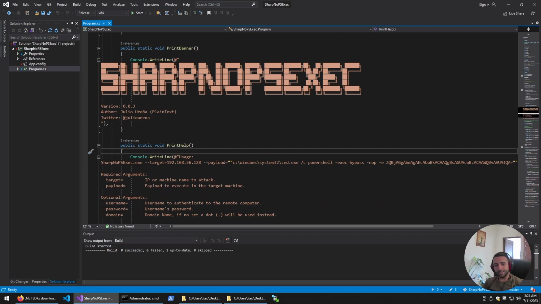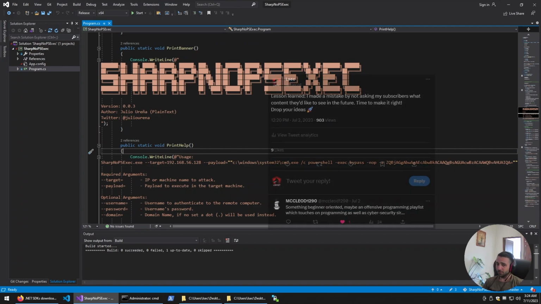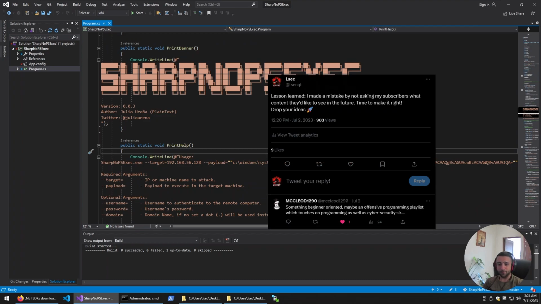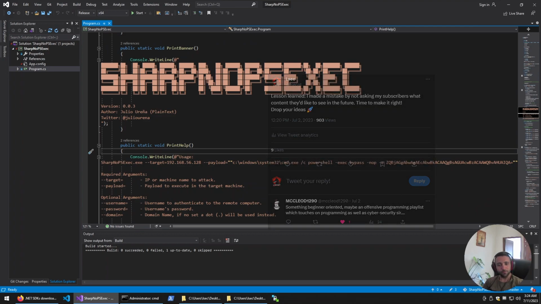Lateral movement is one of the techniques used by hackers to move across a targeted network. This is often done by having a different pair of credentials with different access rights, and by utilizing that access, it's often possible to query services which can be forced to execute different payloads. Now, in that case, since you requested it, let's be a little bit beginner friendly and showcase how to perform simple